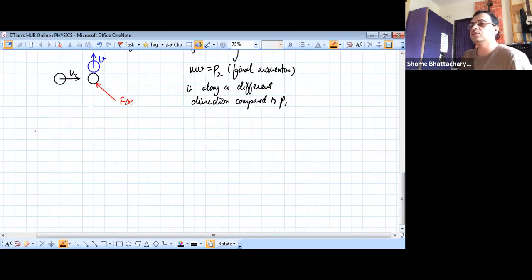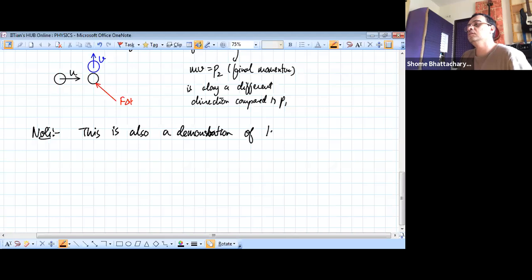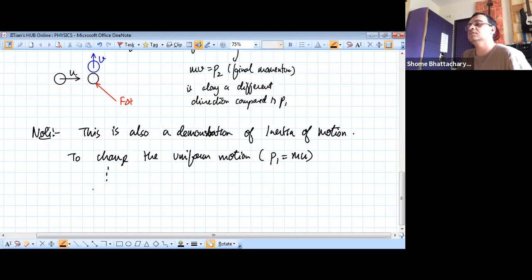I'll give you time to note this down. So what is happening here is, this is also a demonstration of inertia of motion. That is, to change the uniform motion, that is P1 equal to mv, and by change I mean change in direction,